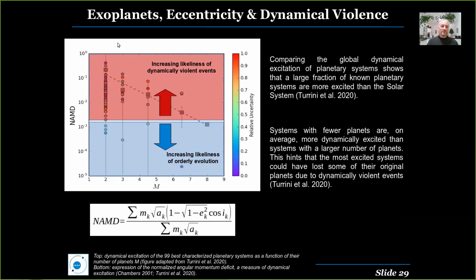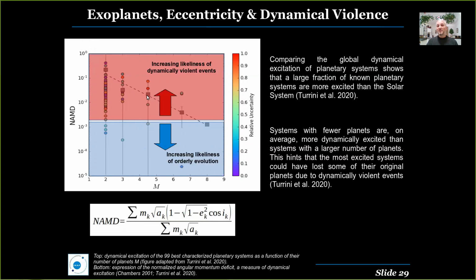The other thing that we might notice is that there is a decreasing trend in dynamical excitation as a function of the number of planets. So systems with fewer planets tend, on average, to be more dynamically excited than systems with a larger number of planets. Now, the statistics for systems with a larger number of planets are still limited, so it's something that will need to be confirmed by future studies when we have better statistics. However, the trend between systems of 2, 3, up to 4 and 5 planets is reasonably robust and shows this